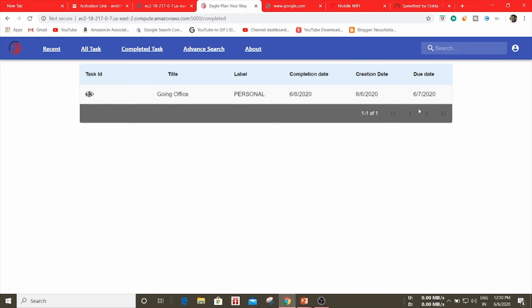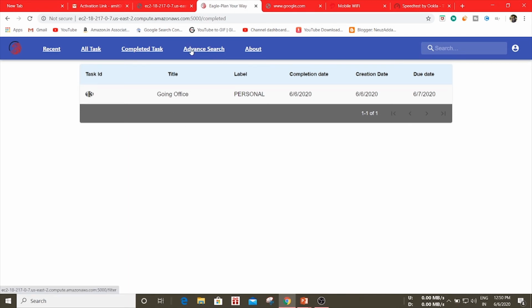So by this, you can figure out that completed tasks will keep all those tasks which are completed. This is just like an archive of all the tasks. So in future, if you want to search for any of the tasks that you have done in the past, then you can see all those tasks here. We have kept a pagination also, so you can see at max 10 tasks in one go.